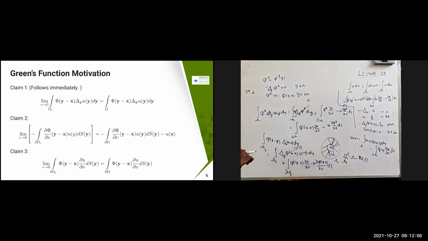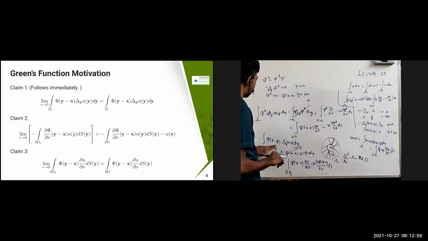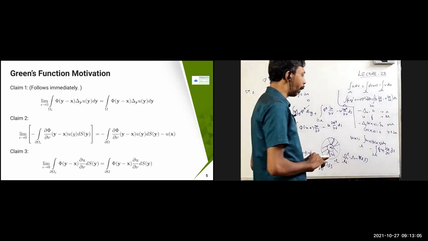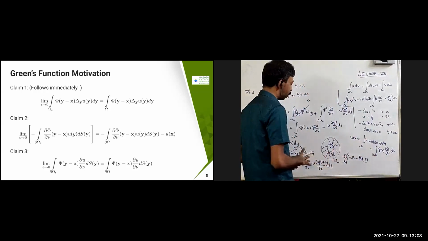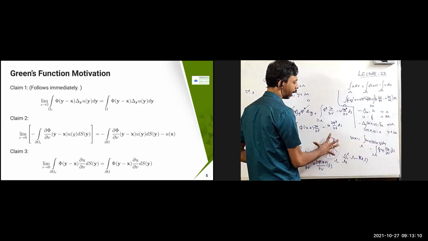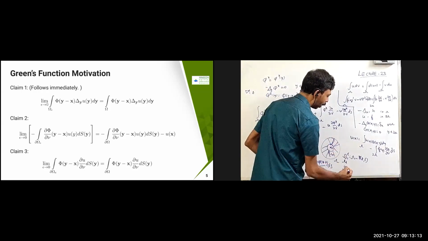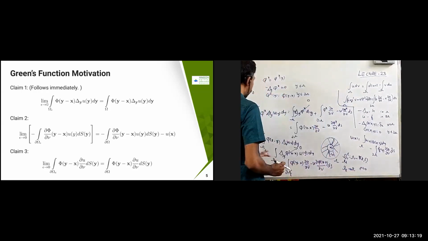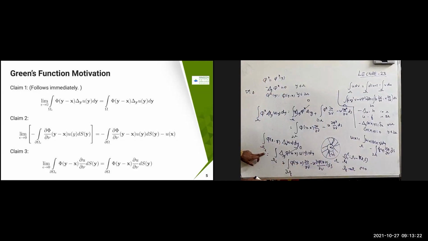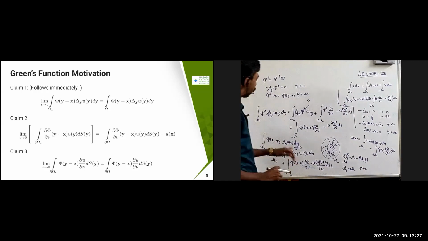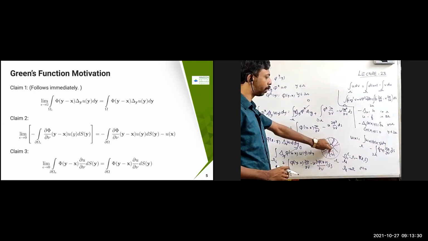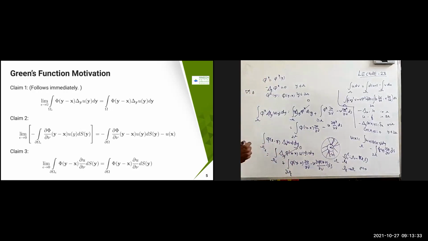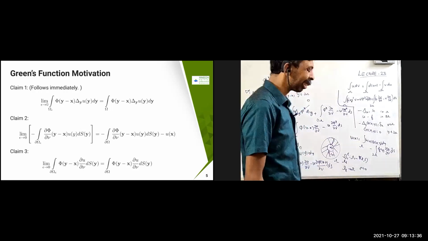In that case, pi of x minus y del y u of y is going to become the integral over omega only. When epsilon tends to 0, what is it going to cover? This is going to be slowly shrinking, therefore the entire region is going to be covered. So omega epsilon tends to omega as epsilon tends to 0. I will just replace omega epsilon with omega, because in the limit as epsilon tends to 0 it is going to be the same. That is very clear, because only the domain is going to change as it shrinks, provided that the limit is going to exist.